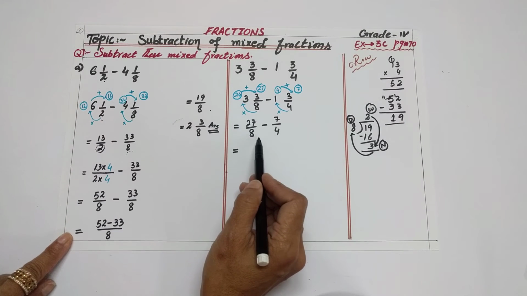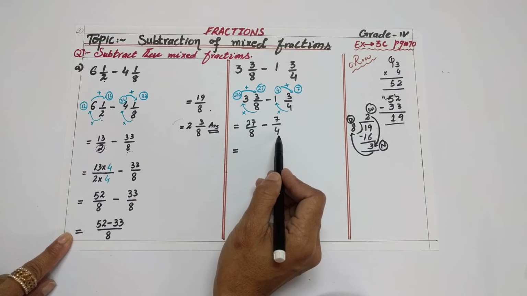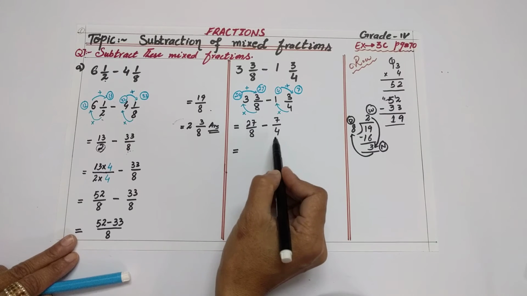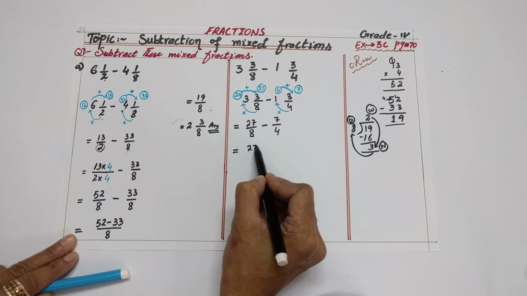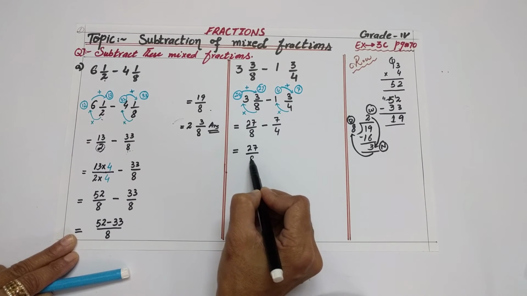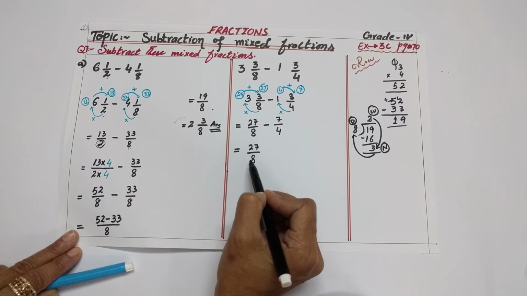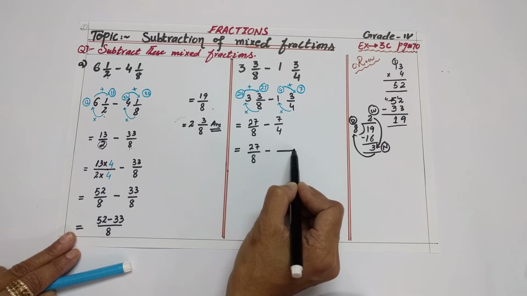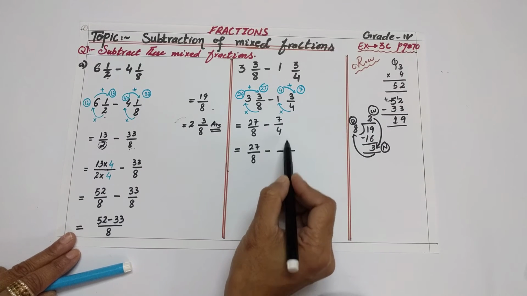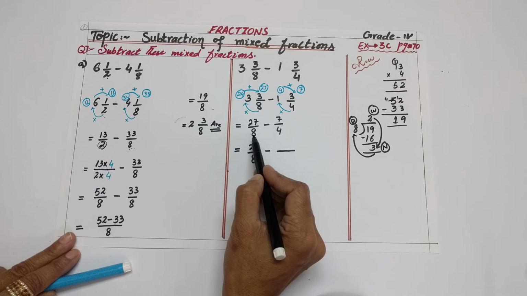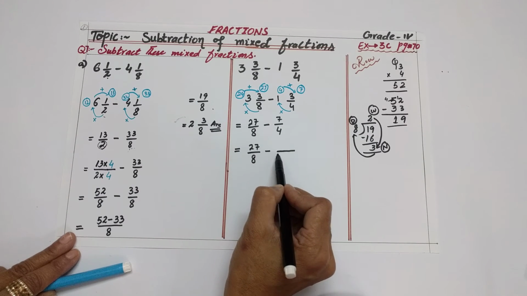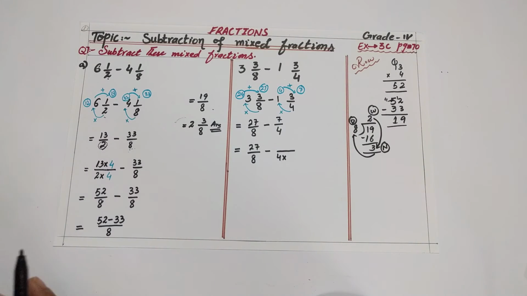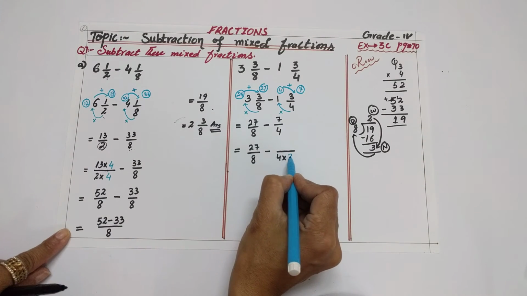These are unlike denominators. So convert these unlike denominators into like denominators by checking the smaller denominator. You will not work with the fraction with the greater denominator. You will convert the smaller denominator equal to the greater denominator. Now check whether 4 is a factor of 8. Yes, 4 is a factor of 8, and you have to check by which number you will get 8. 4 1s are 4, 4 2s are 8.